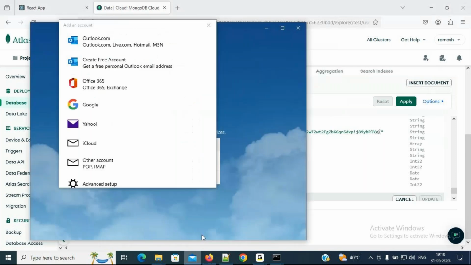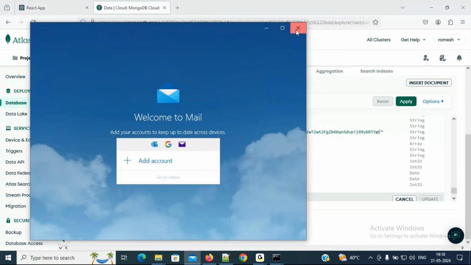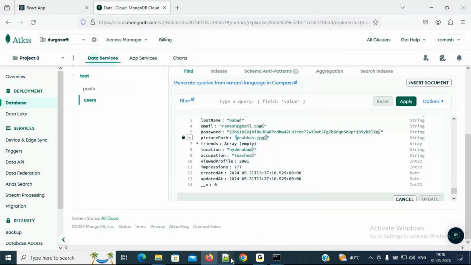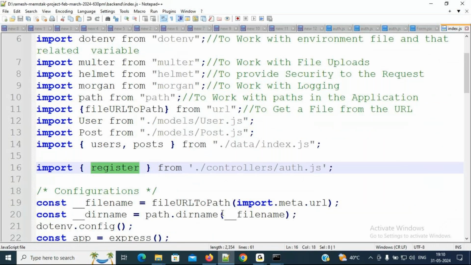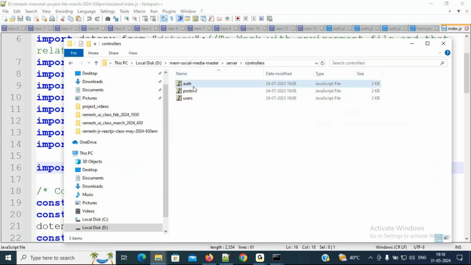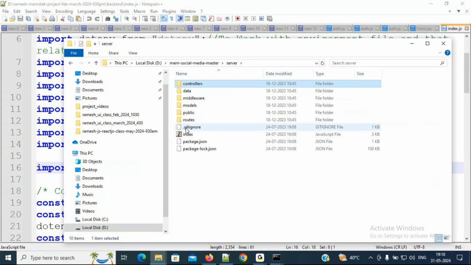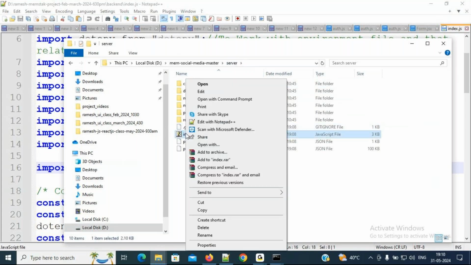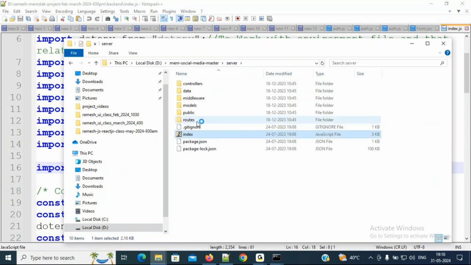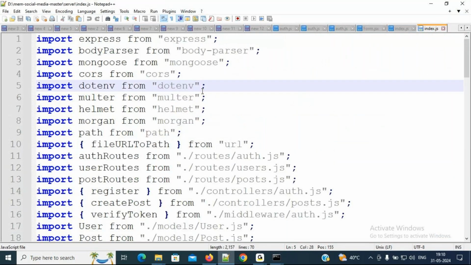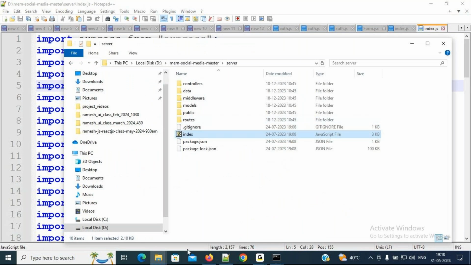Nothing is pending. Only thing is login functionality only. That is also we'll complete now. First we'll complete the backend related thing. Then after we'll go to the front end. It will be easy for us. So now open the previous backend related index.js. Okay, everybody, right. So first of all, in order to work with the index.js,